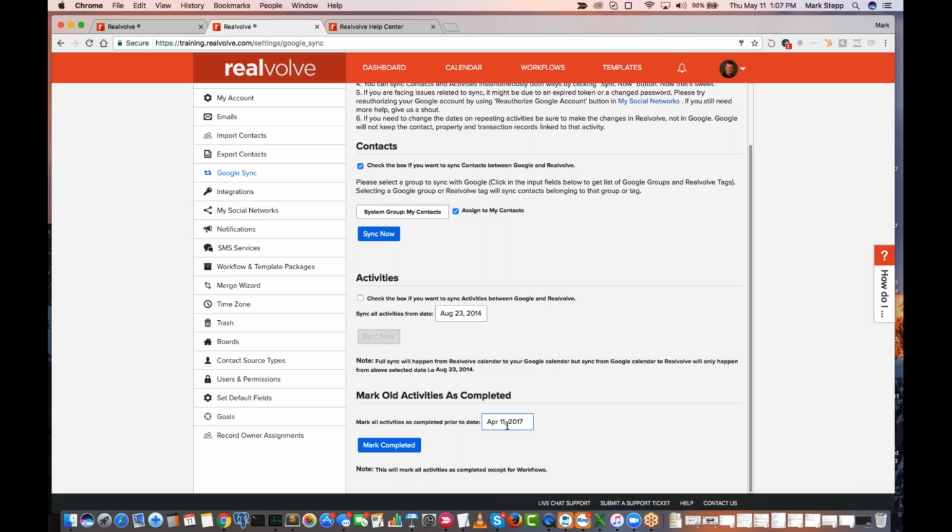So you can specify right here, if you want to say, well, everything since maybe the first of the month, if I go May 1st, I want to mark everything else as complete, and then I'll do the rest of them by hand. Some of the things I've not done. So you can just select the date and click on Mark Completed, and it will go through those hundreds or thousands of activities that came over from Google that you want to have complete